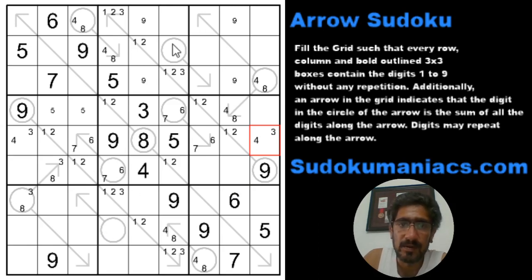Now, there are only two more arrows that we need to pencil mark out. Now again 1, 2, 3 would not be possible. 4 is possible here. 5 is not. 6 cannot because this would make 6. 7 is possible. 8 is possible. 9 obviously is not. So what this means